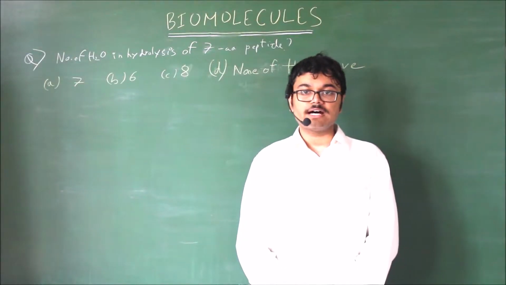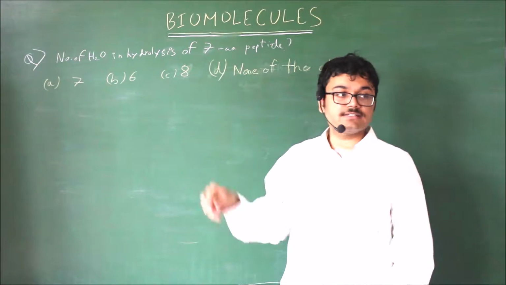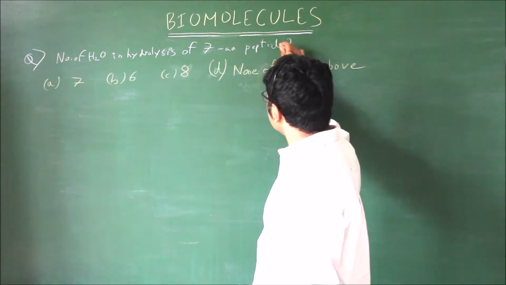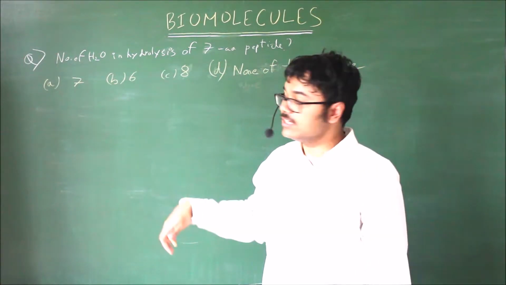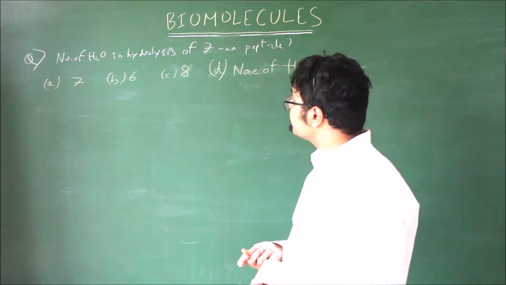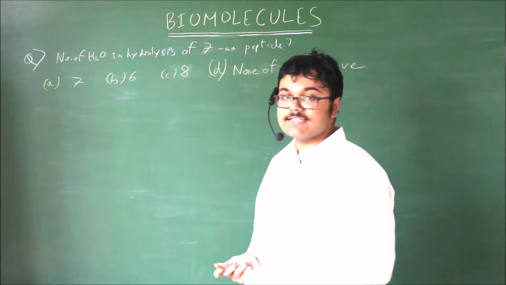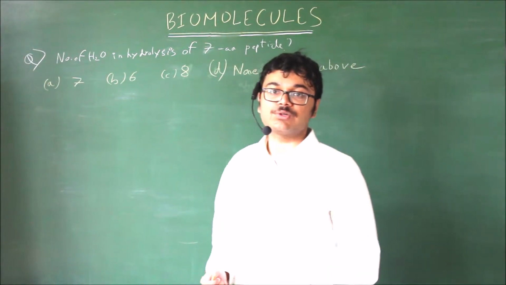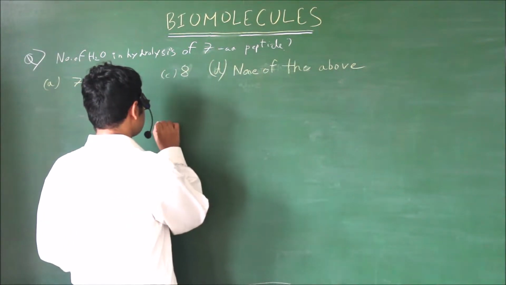So in the question that you were asked to solve, you were given that there was a 7 amino acid peptide chain, so it's a 7AA peptide, and you were asked how many water molecules are required in the hydrolysis of this peptide, of this oligopeptide. And your options were A, 7; B, 6; C, 8; and D, none of the above. So you can work this out in a very simple way. What does that mean? What it means is, if each of these is a peptide unit,